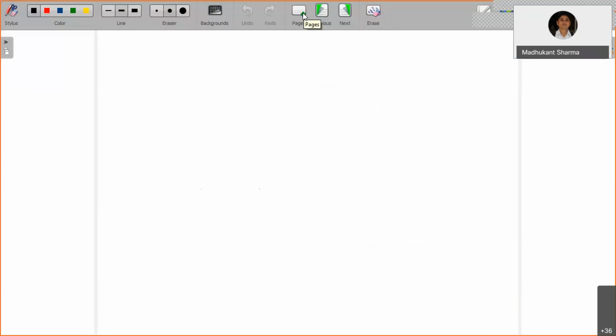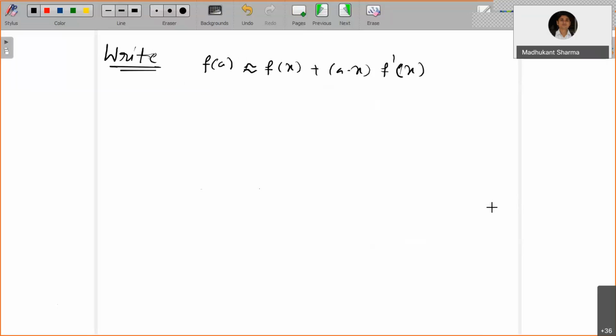Okay, so what you do is you can write f of a is equal to f of x plus a minus x times f dash of x, the linear approximation, by using Taylor's, and integrate between a to a plus h. Integration a to a plus h, the right side. Okay, and then you can show that this will imply,